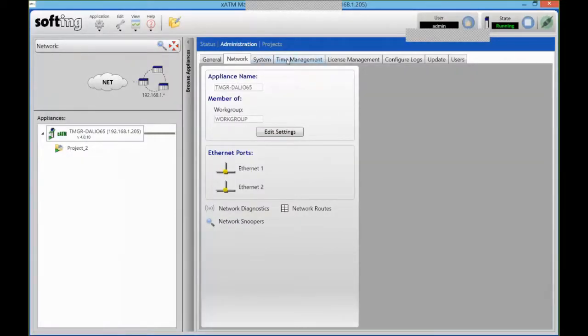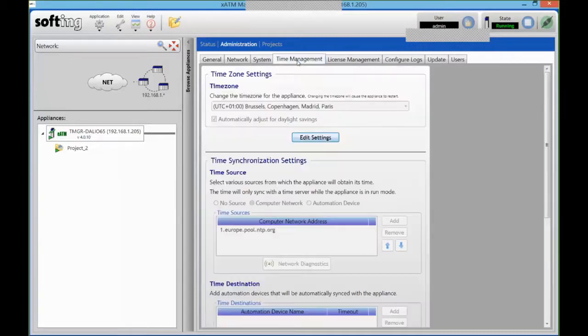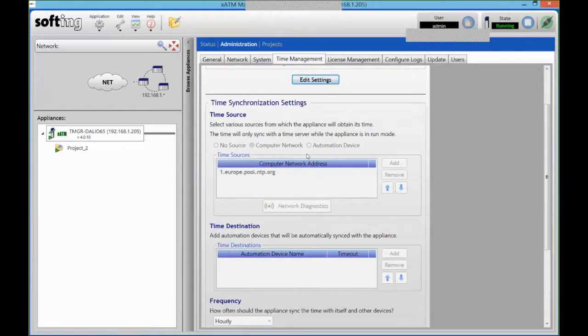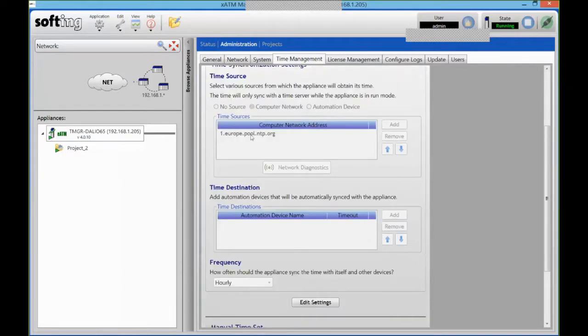And then the only other thing that I would need to set up is my time, because we can timestamp the data when the transaction fires on the module. So we want to make sure that the clock of the tManager is synchronized with a proper time server. That can either be an NTP server running on my computer network, like it's set up right now,